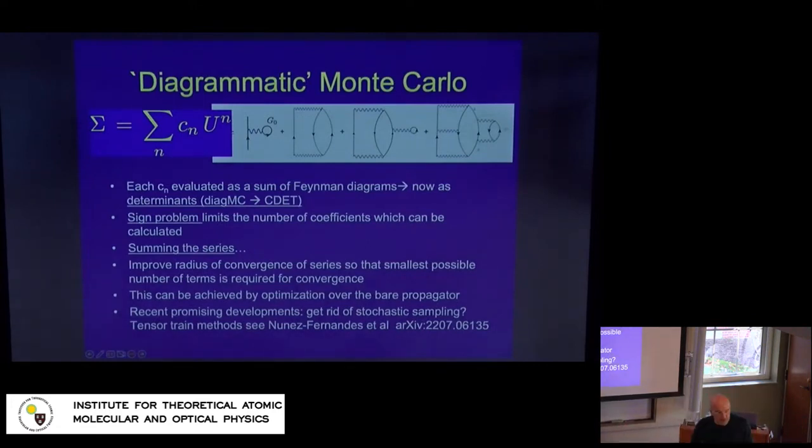Actually, this is already superseded. These methods are no longer sampling Feynman diagrams, they're actually sampling determinants, which has been a definitive improvement in the field. And in simple cases, not yet for lattices, but it's probably coming, they also got rid of the Monte Carlo itself by, instead of sampling, using, again, a compression method, the so-called tensor train methods, to integrate over the internal variables. So diagrammatic Monte Carlo is slowly evolving into a regime where there are no diagrams and no Monte Carlo. And this is a very interesting evolution of the field.